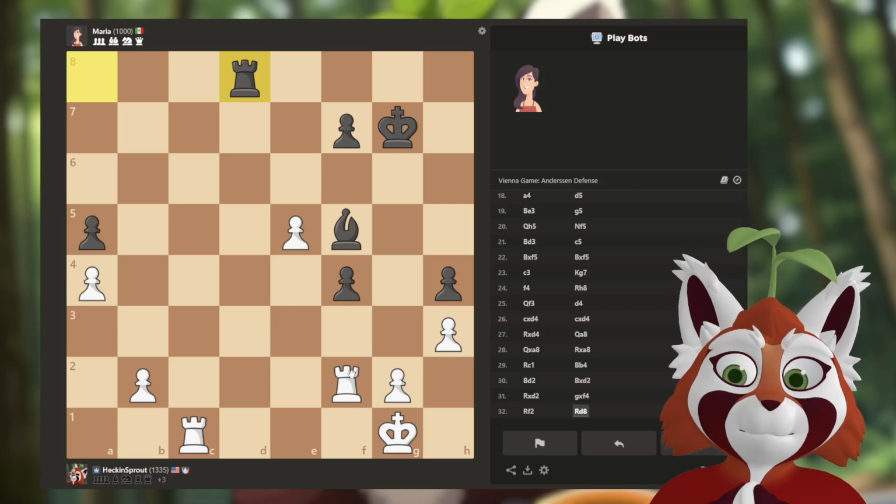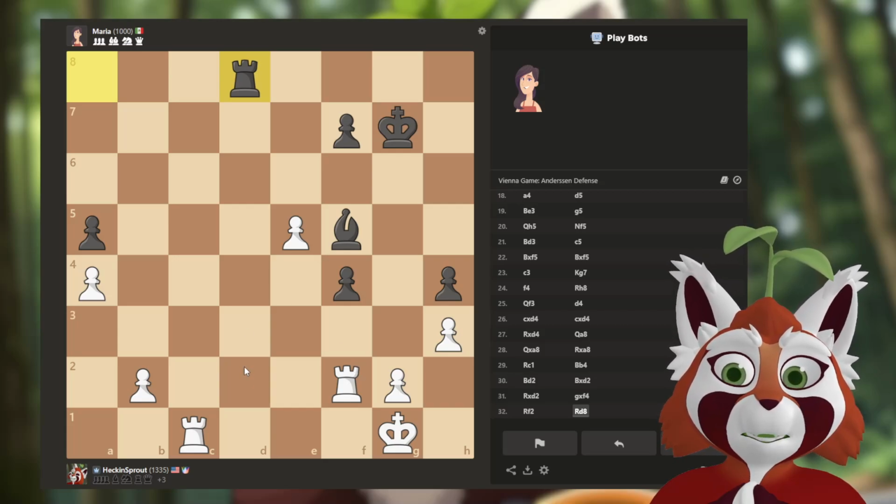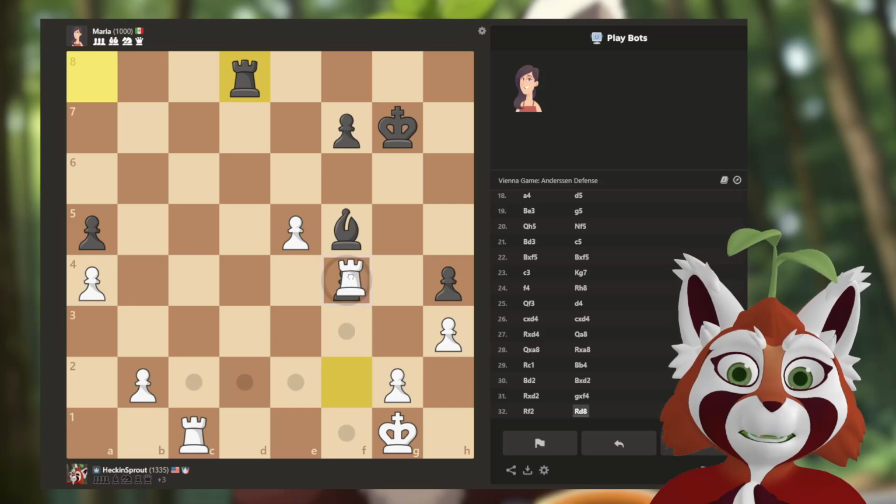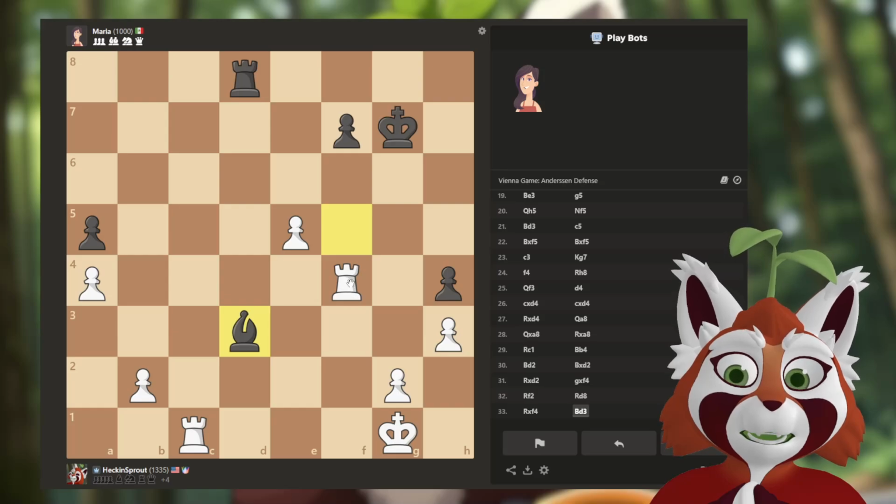f2 there. All right, they're moving their rook in. Is that really a concern to us? No, not really. Let's go ahead and take this. Okay, so we went ahead and we took there, and now they've moved their bishop. So we have a couple choices here. I think I can go ahead and play d1,